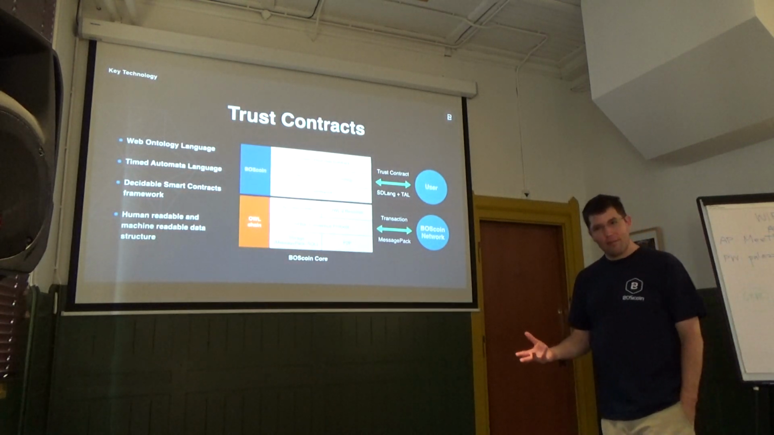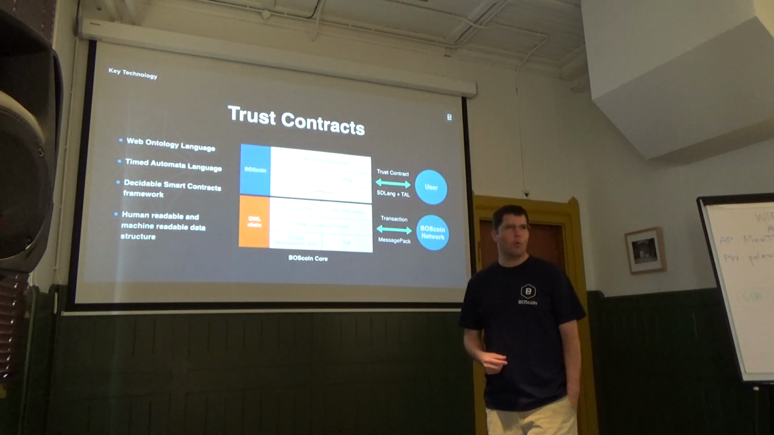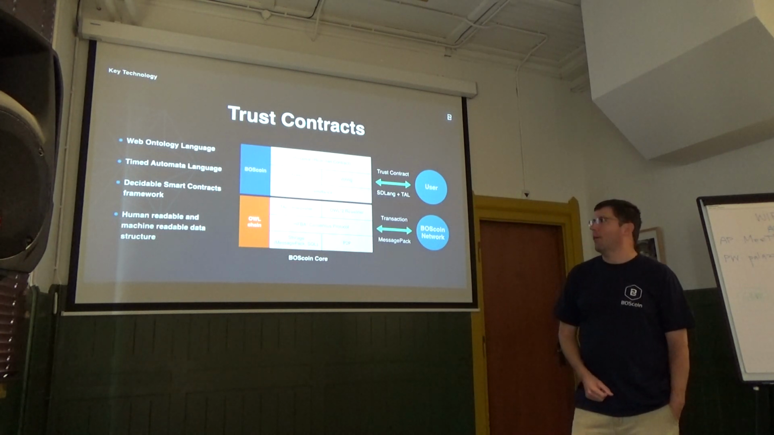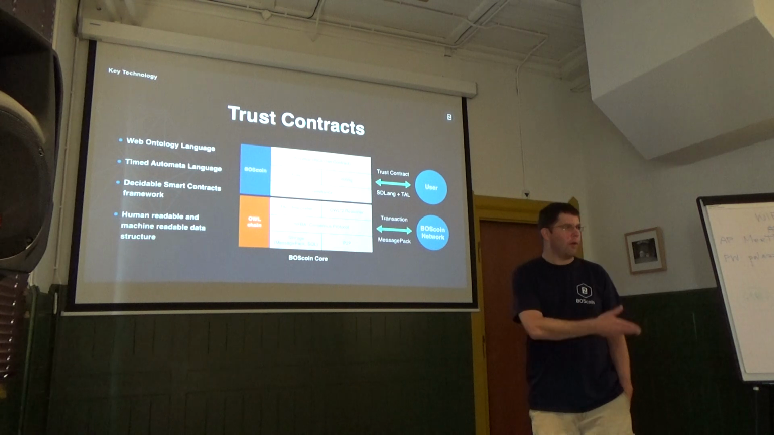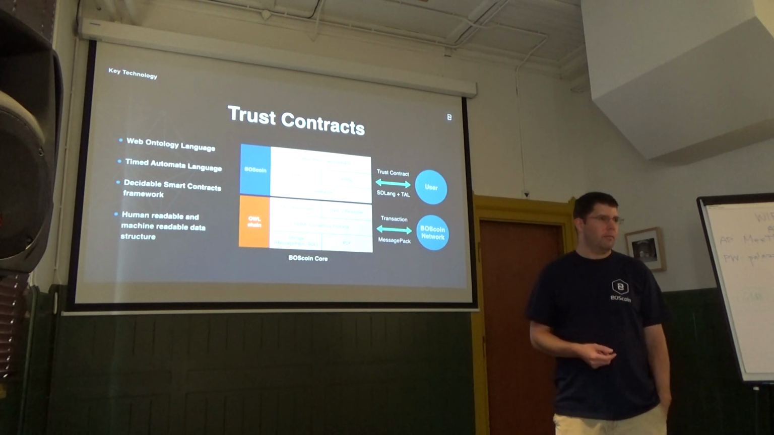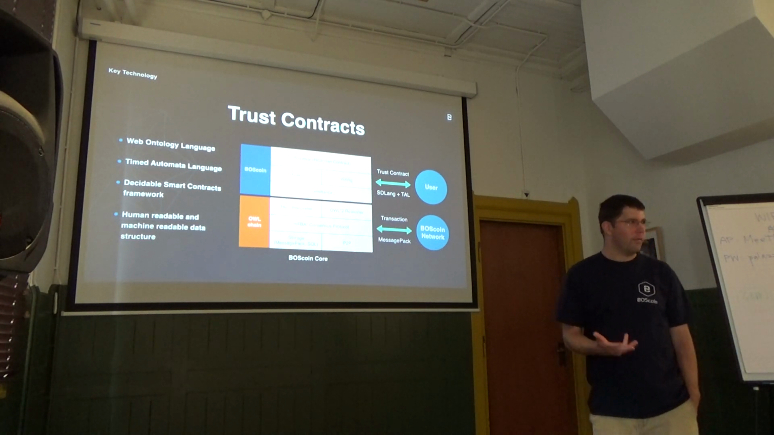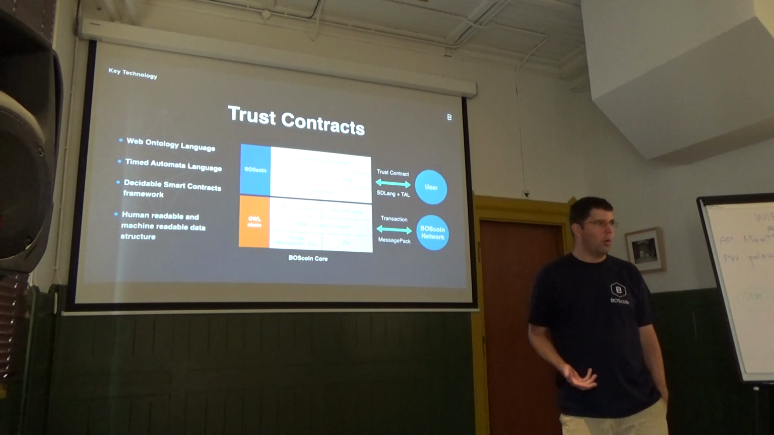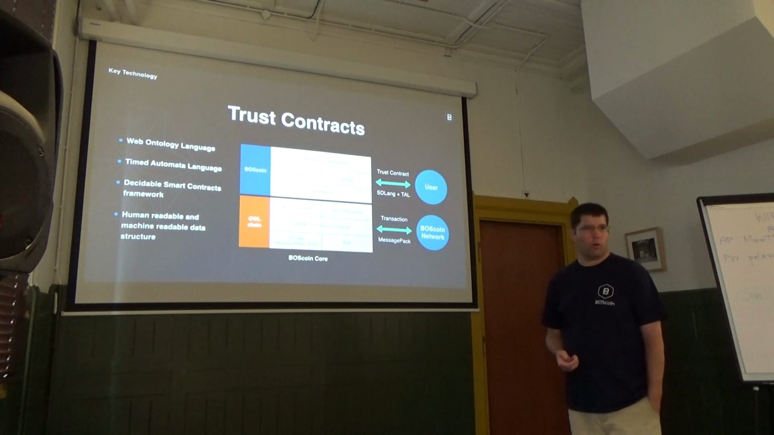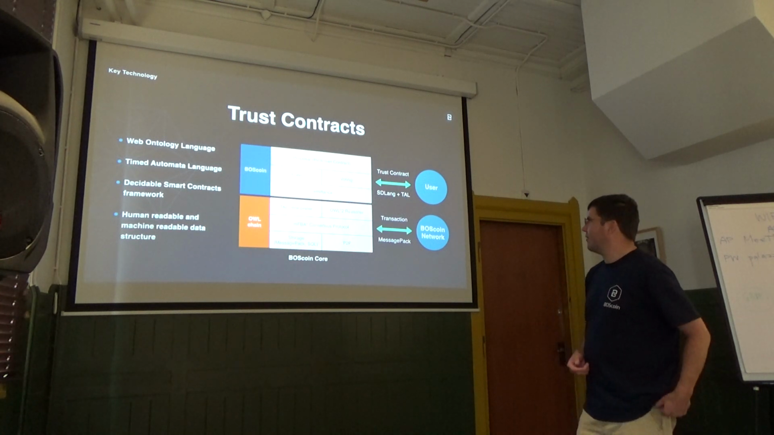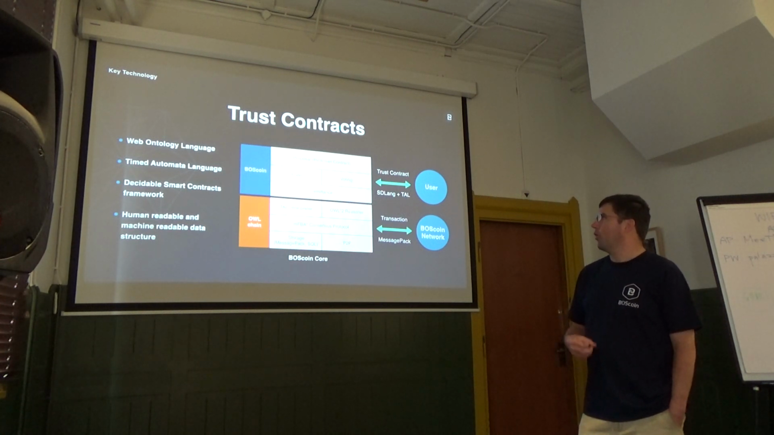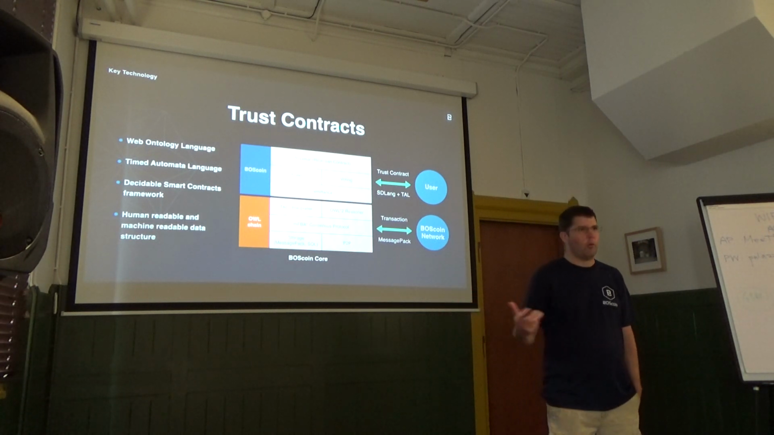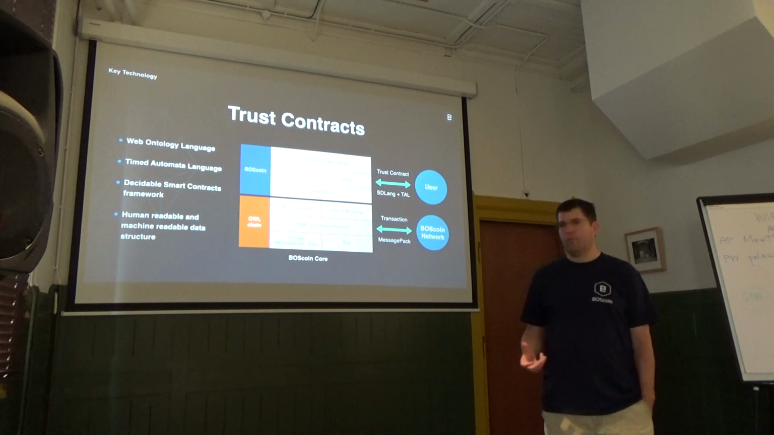Talking about trust contracts, but what are trust contracts? Well, we're using web ontology language, which has been around for 30 years. So it's not a new technology that we developed. Timed automated language is also a very old technology that we're incorporating into trust contracts. So with web ontology language, we're going to have a decidable smart framework, and it's going to be human readable,